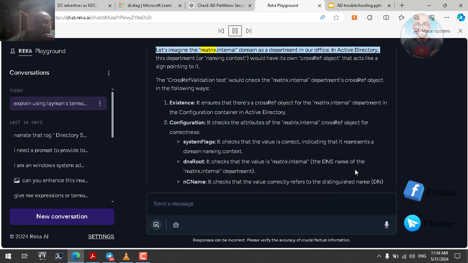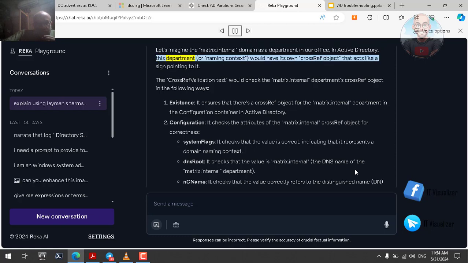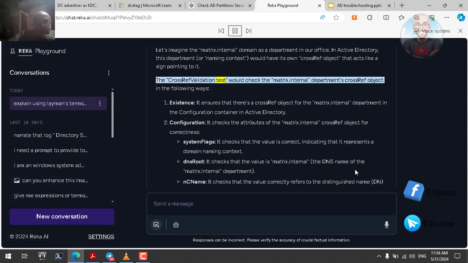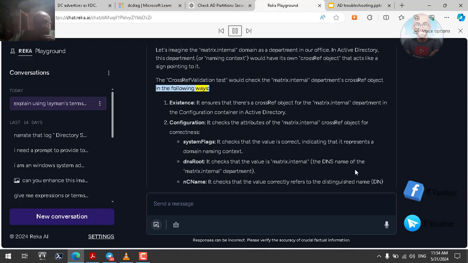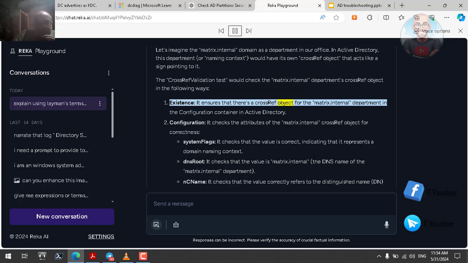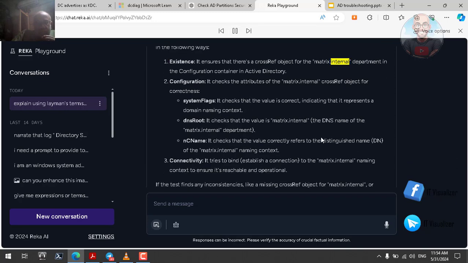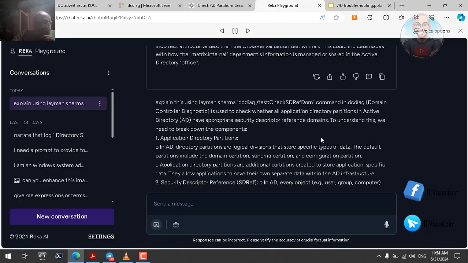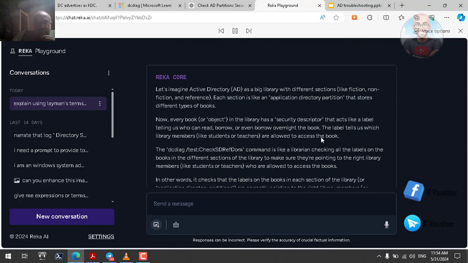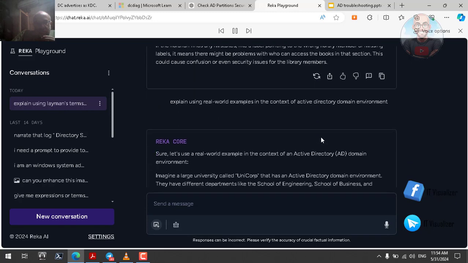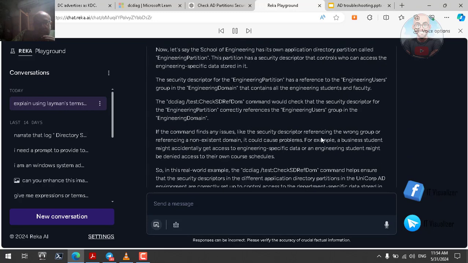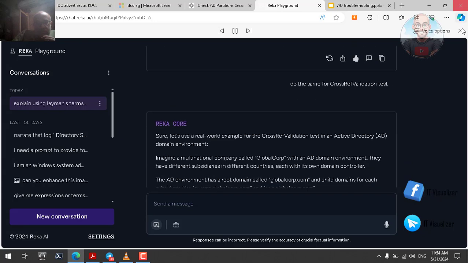Let's imagine the matrix.internal domain as a department in our office. In Active Directory, this department, or naming context, would have its own CrossRef object that acts like a sign pointing to it. The CrossRefValidation test would check the matrix.internal department's CrossRef object in the following ways. Existence: it ensures that there's a cross-ref object for the matrix.internal domain, and that it represents a domain naming context. DNS root: it checks that the value is matrix.internal, the DNS name of the matrix.internal department. NC name: it checks that the value correctly